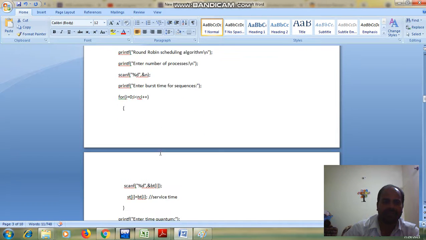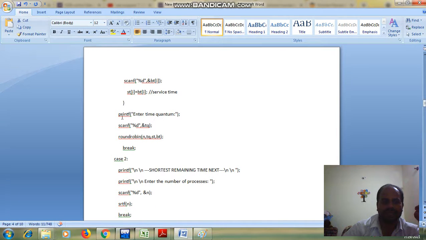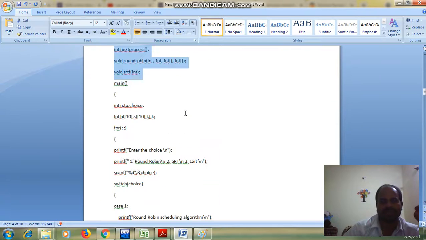For i equal to 0, i less than n, i plus plus: scanf percent d and burst time of i. So one by one the burst times of all three processes will be given, and we will store the burst time into the service time, because we need to modify it. As long as the time slice is given to the process, the burst time will be decreasing. So the initial value of the burst time we have copied to service time. Next, printf enter the time quantum. As here you can see that in the